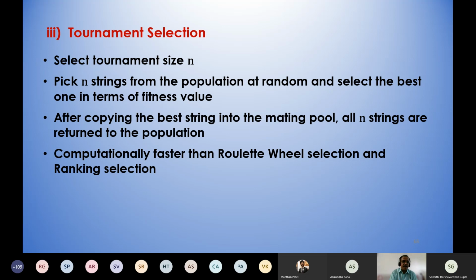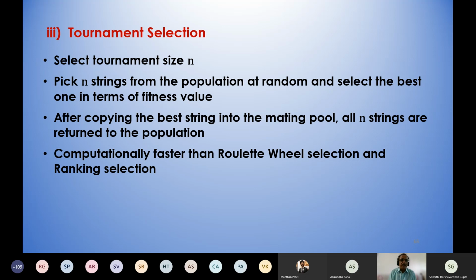Now let us explain the working principle of the tournament selection. Supposing that the population size for the GA is capital N, say N equals 100. For simplicity, let me consider capital N, not small n. Capital N is equal to 100 population size.